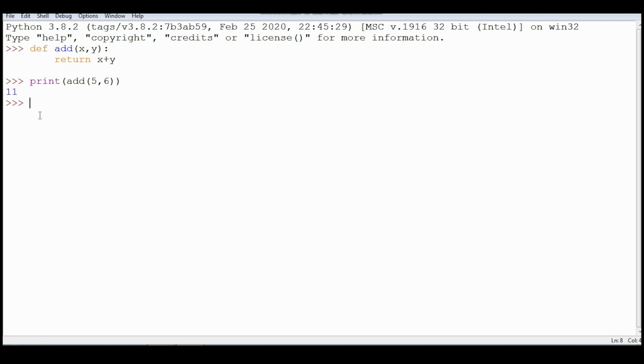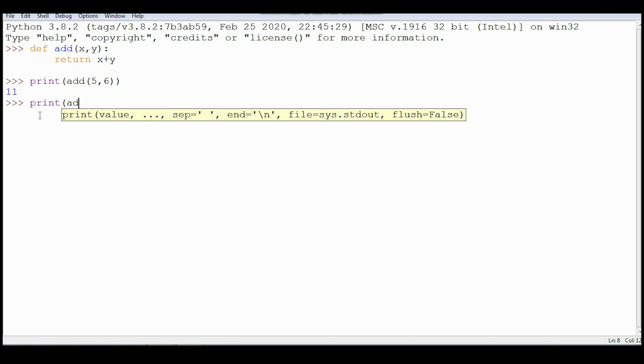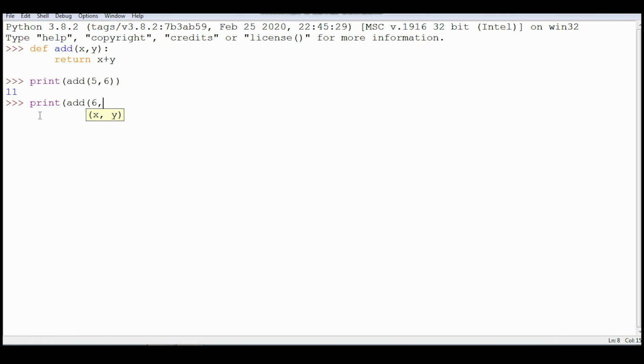But suppose I call the same function add with 6 comma 5. Now in this case the result won't change, because the operator used is plus, and the mathematical rule is that plus is commutative. x plus y and y plus x, the result is the same. But if the operation were different, you would have got a different result.